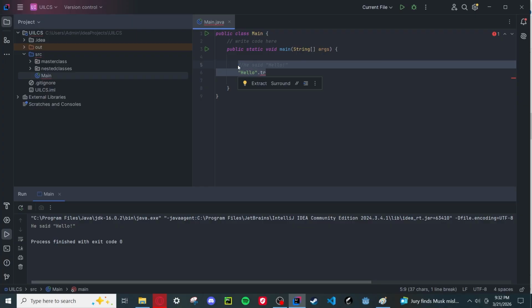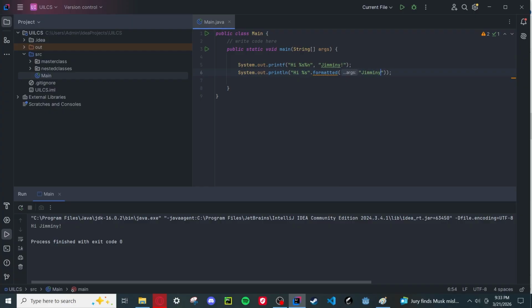If I did hi and I just put, I don't know, Jiminy, well, we know what this prints, and I'll do it on one line. And then if I were to do hi slash s dot formatted, and I passed in Jiminy,